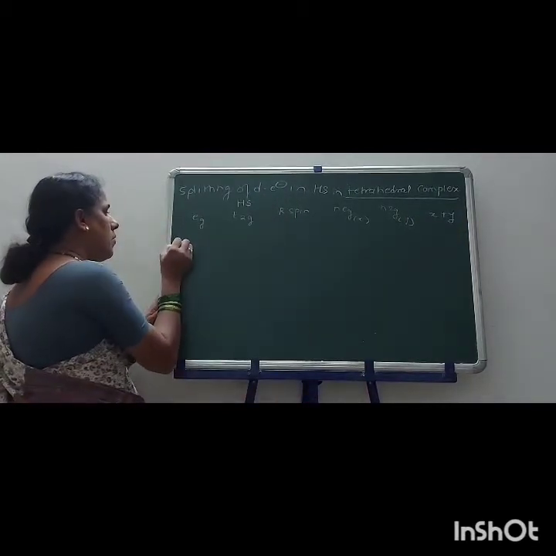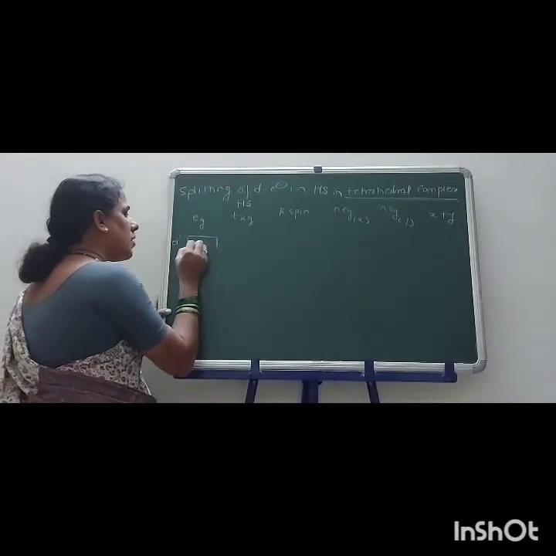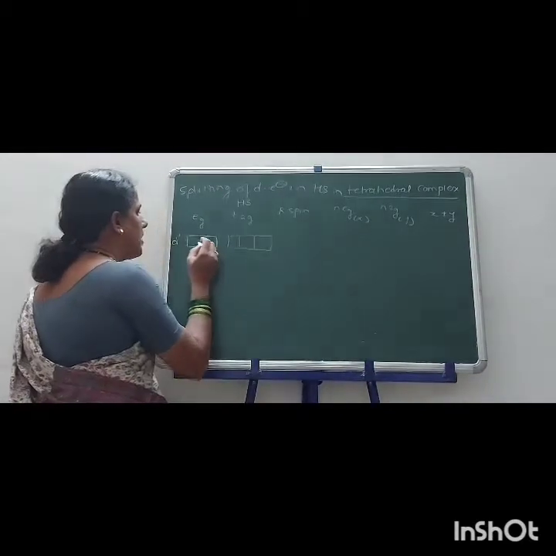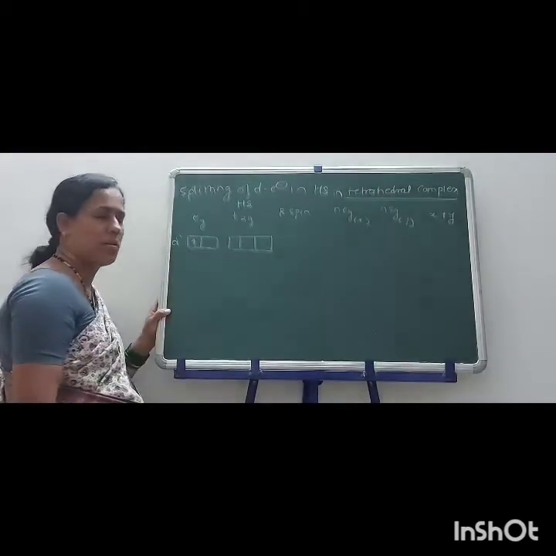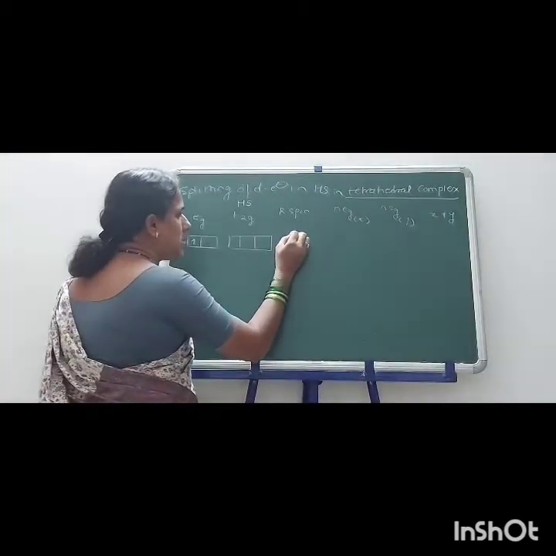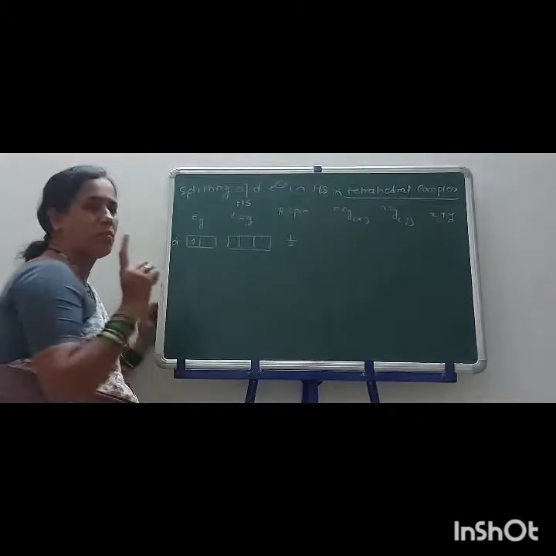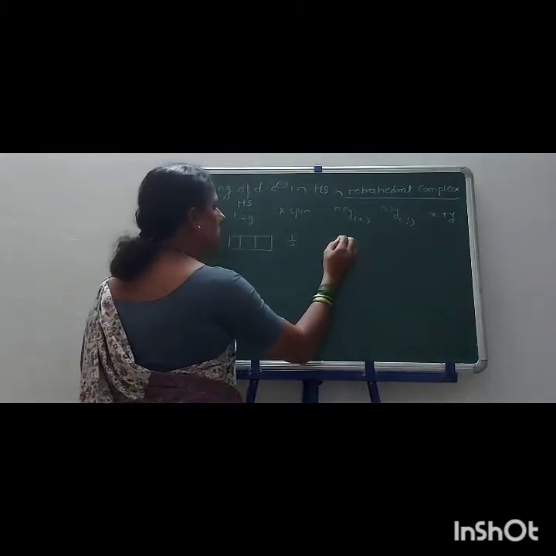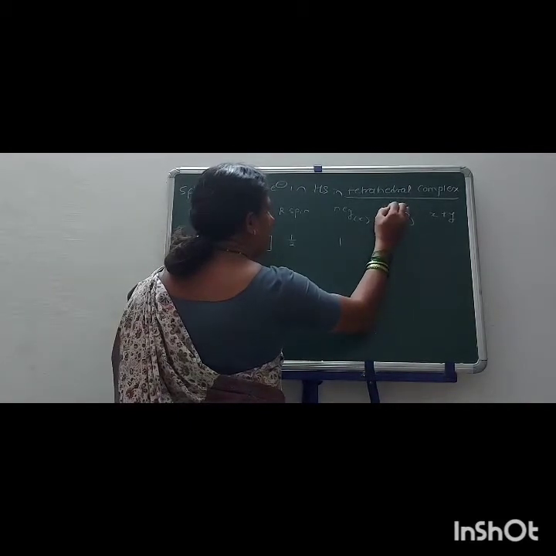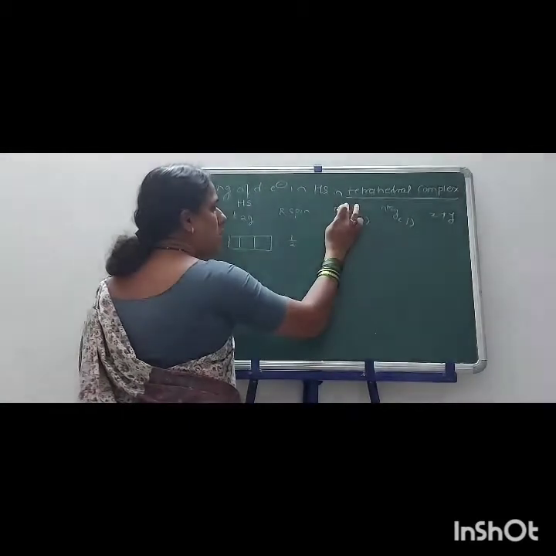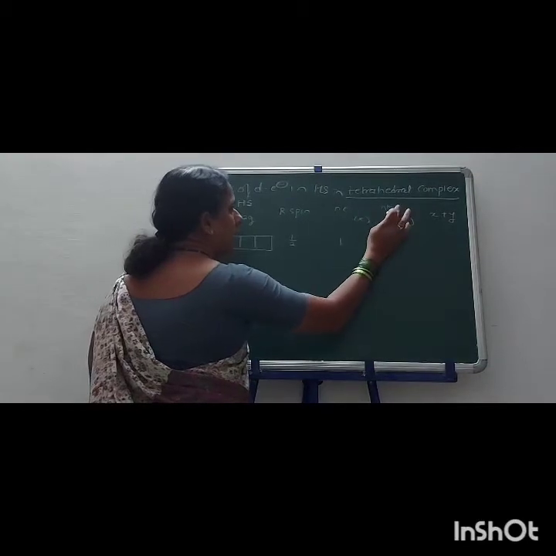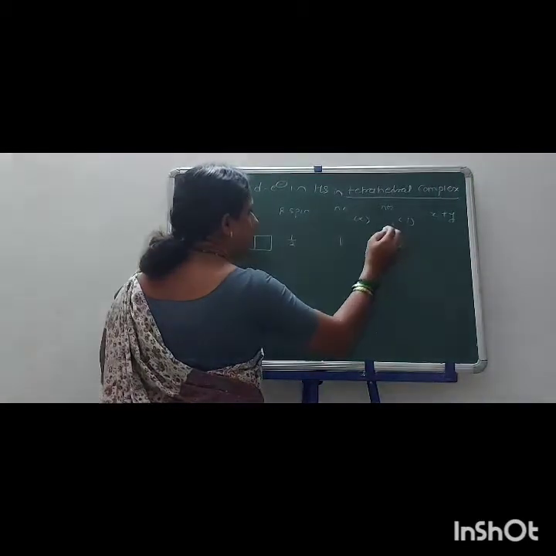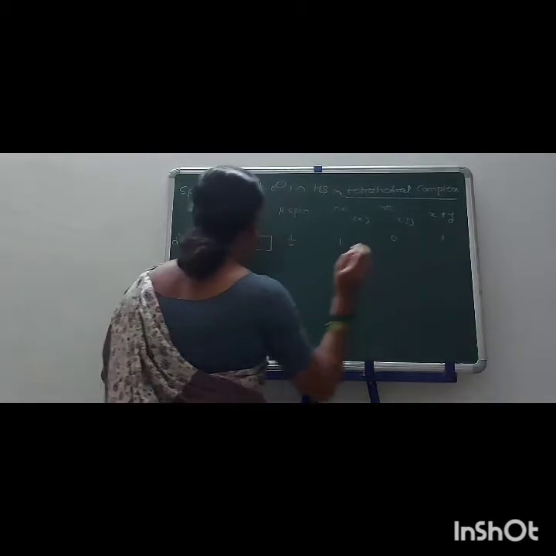Now for D1, you can draw here as a box. EG, 1 electron from here. Therefore resultant spin is equal to half, 1 electron for half according to spin quantum number. N of EG is equal to 1. The N of EG here you can call it as E, and here also T2. Therefore N of T2 is equal to 0, total is equal to 1.